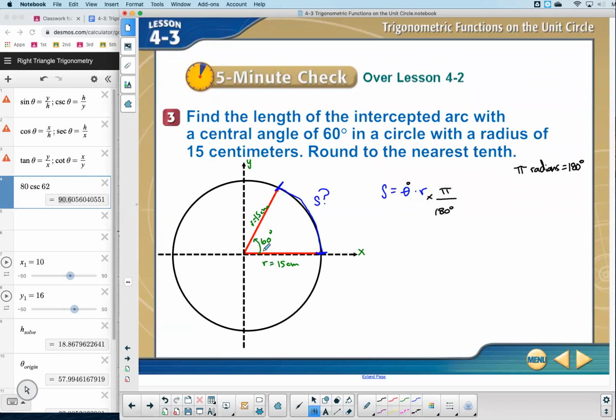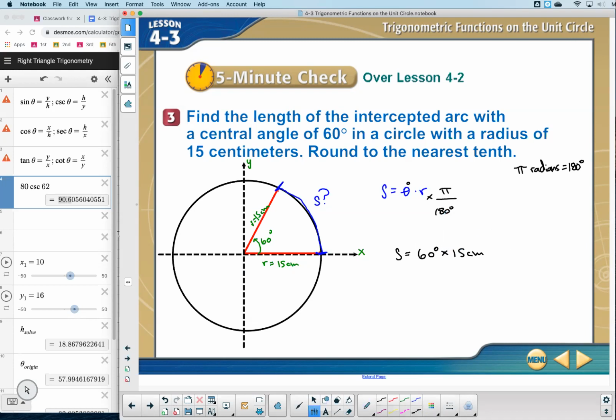One more time, if I want to find this distance, I need to be using units that deal with distance. Degrees doesn't do anything with distance, whereas radians is always a comparison between the arc length and the radius. That's why I need to change from a degree measurement to a length measurement like radians. So for that reason, let's plug in our numbers and see what we get. We'd have the arc length equals the amount of degrees, which is 60. Let me write it this way. 60 degrees times our radius, which is 15 centimeters,